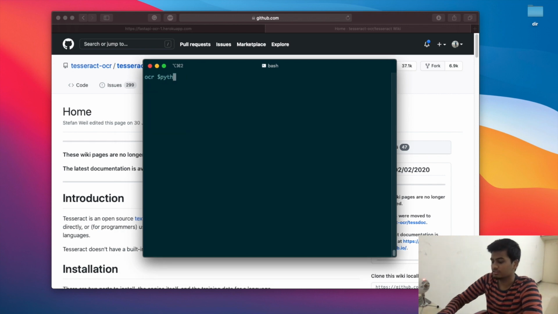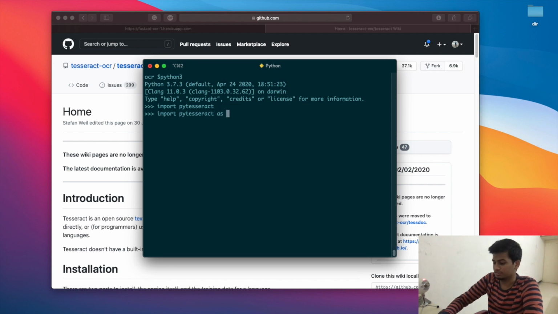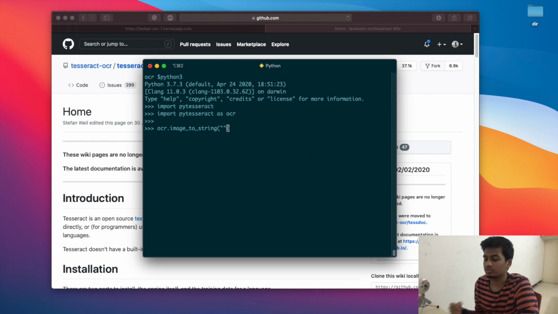So once you have PyTesseract installed, you can simply import it. Let me import it as OCR or something. And there's a function called image_to_string, and this function you can directly use to convert any image into corresponding text, and the parameter which it takes is the path of that image.